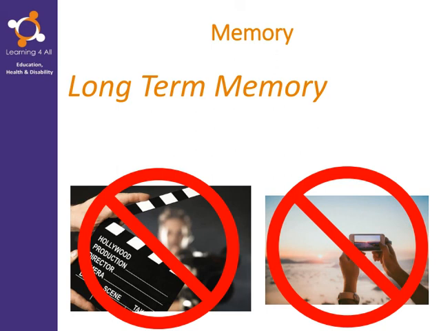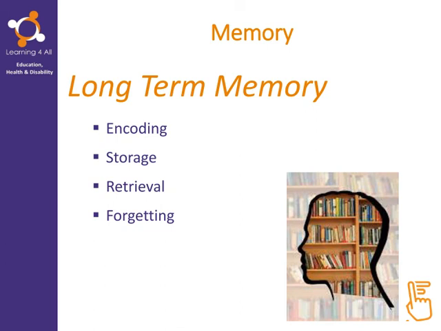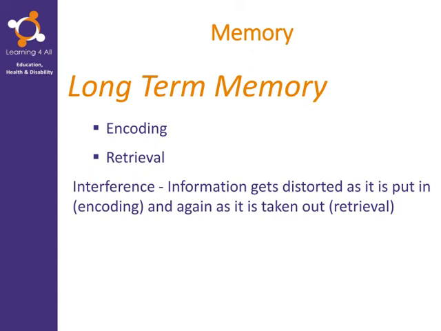Let me explain. The long-term memory is made up of three processes. It encodes information, it stores information, it then allows you or supports you in retrieving that information when you need it, and it also has a process of forgetting, which is very important. Encoding and retrieval can unfortunately be impacted by interference. This is basically just anything that can accidentally interfere with how the memory is encoded or retrieved